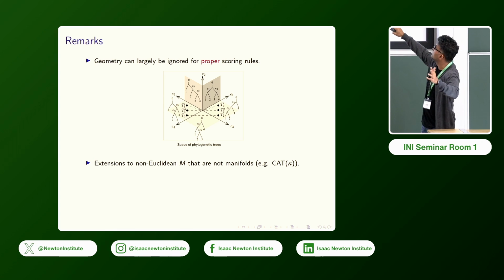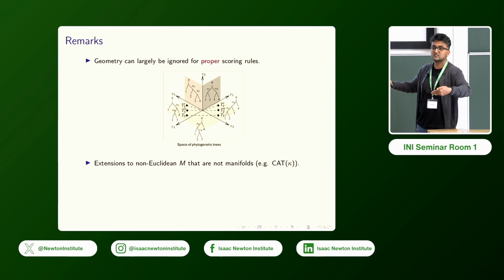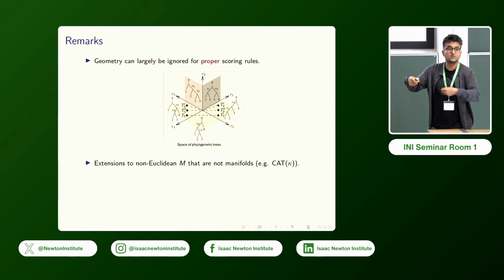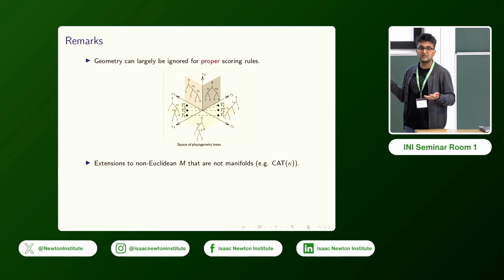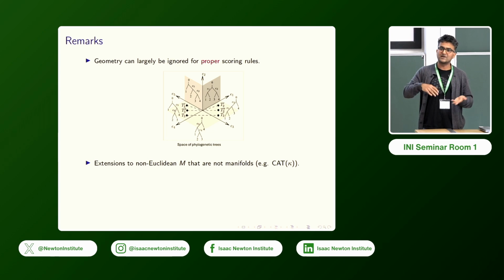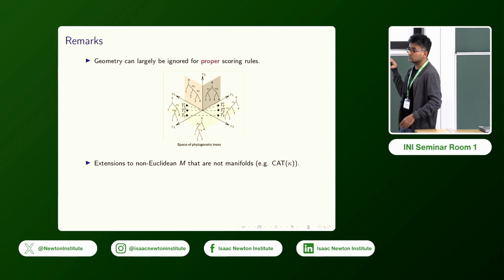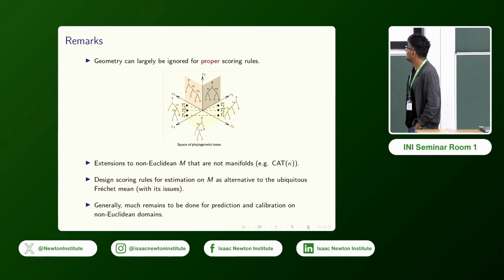This is a section of it, and you can see that there are like 5 pieces, and they're glued together by some common boundaries. And this is a metric space. This is CAT(0), as they say, which is like non-positively curved. Maximum curvature is 0, which means you'll have a unique geodesic between points. So you can do nice statistics on them. So kernel scores can be defined on this as well.